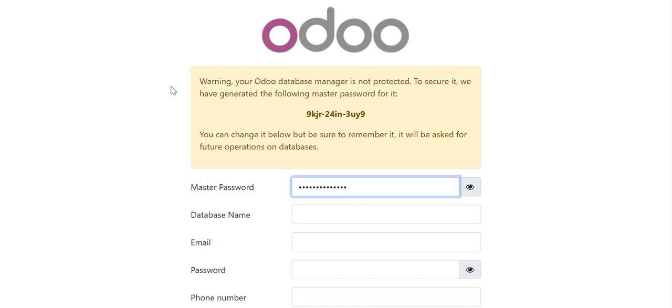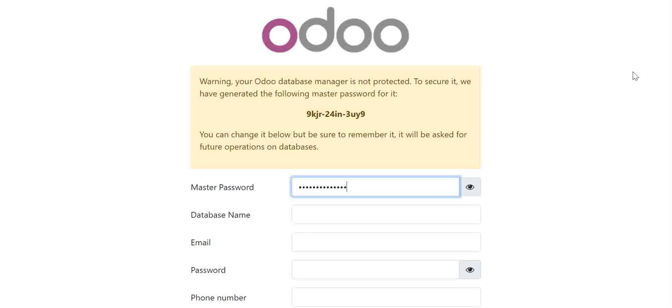Hello, so in our previous video we have seen how we can install Odoo on our local machine with Windows 10. So now we will see what we need to do in order to create a database in Odoo. For example, if we want to create a database with demo data, how can we do this in Odoo? So once you go into your Odoo link, it will show you